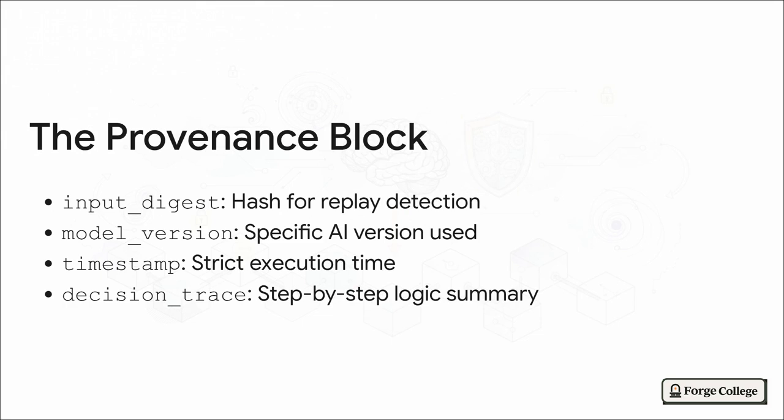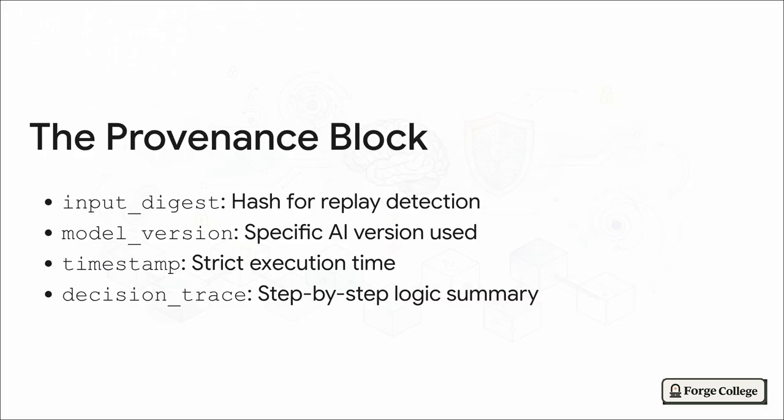Next, the exact model version. Because, let's face it, an AI that was updated yesterday might have completely different opinions today. We also need a strict timestamp, and finally, a decision trace that outlines the step-by-step logic. Across all the advanced engineering programs we design at Forge College, we constantly stress this one thing. AI systems interacting with financial state must be profoundly auditable. If a trade goes wrong, you are going to need this exact receipt to